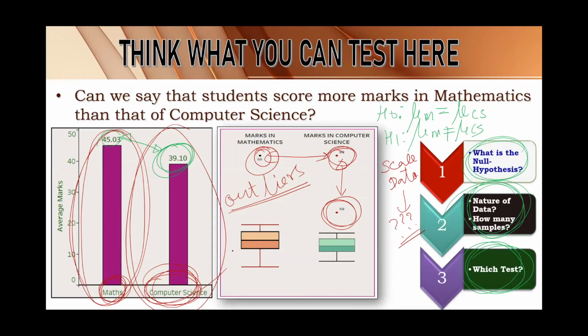Whether it is the same set of students doesn't matter. They are independent in the sense that one has no relation with the marks of the other. So they are to be considered as independent samples. So we have to use the 2 sample independent t-test. This is my null hypothesis: scale data, 2 samples, unrelated samples, so a 2 sample test we have to use.